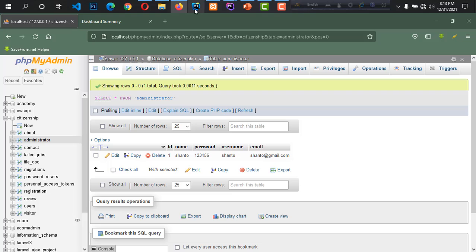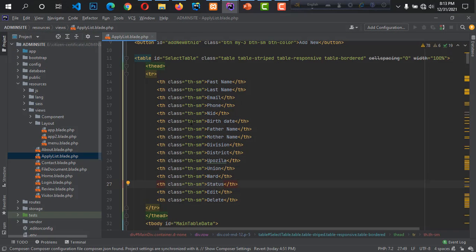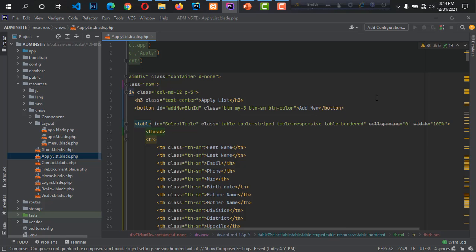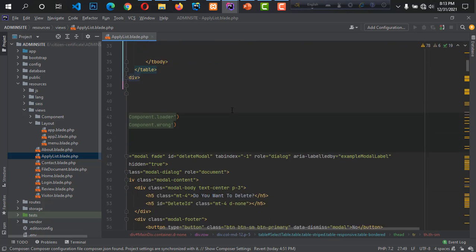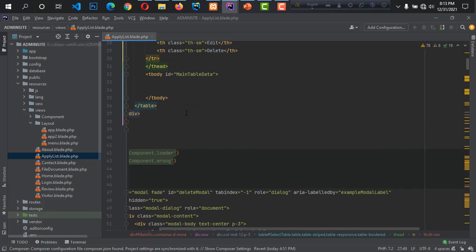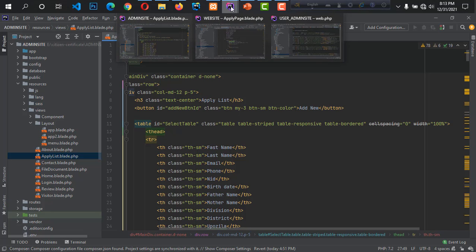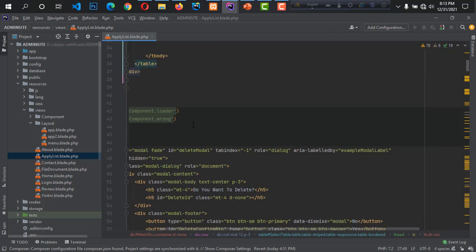So now I am showing this code. I use PHP Storm, Node.js, Laravel, and I used Jam server. So that's the code of admin.